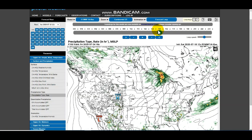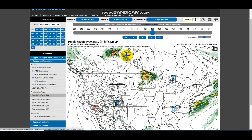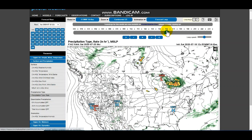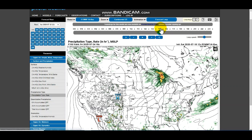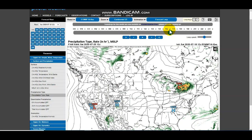Notice that this band coming across kind of propagates itself from the original parent low pressure and becomes a low pressure by itself. You can see it moves quite a bit of widespread precip across the UP of Michigan, Michigan itself, Wisconsin, and into portions of southern Canada, Toronto, all the larger metropolitan areas